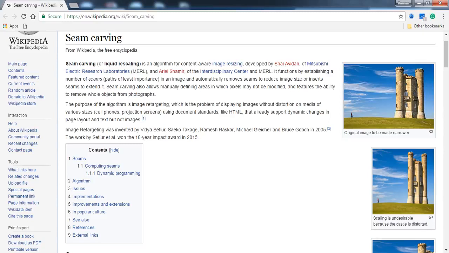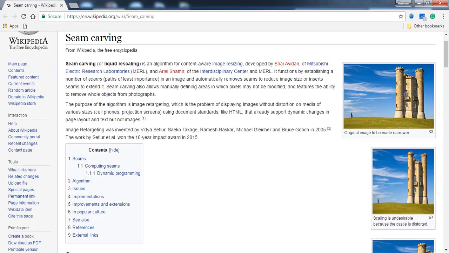Seam carving also allows manually defining areas in which pixels may not be modified and features the ability to remove whole objects from photographs. The purpose of the algorithm is image retargeting, which is the problem of displaying images without distortion on media of various sizes, using document standards like HTML that already support dynamic changes in page layout and text but not in images.